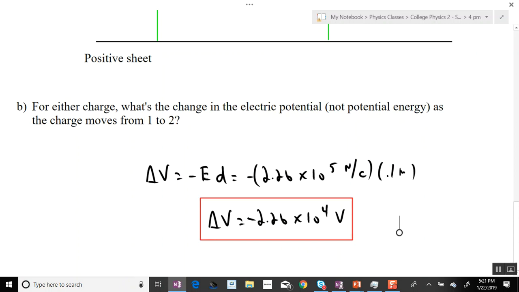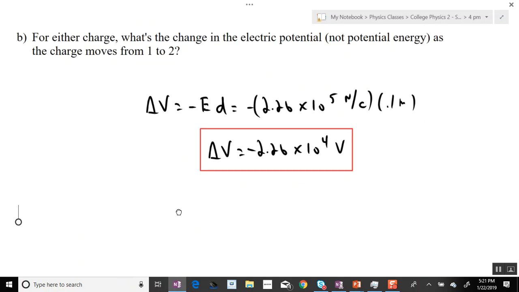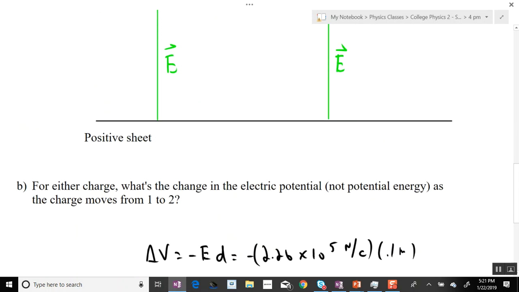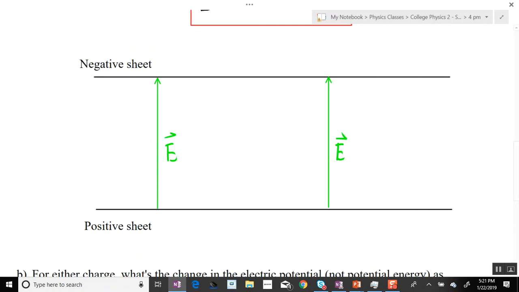Okay, so the next question is pretty similar to this one, but obviously different. The only difference is we're going from 1 to 3. From the answer for B, or from 1 to 2, you could probably guess what the answer is for 1 to 3. But if it's a totally separate problem, when you're going from 1 to 3, you're going towards where? The positive sheet. If you're going towards a positive sheet, the delta V is positive. It increases. The other way to think about it is if you're going against the field, that also increases the